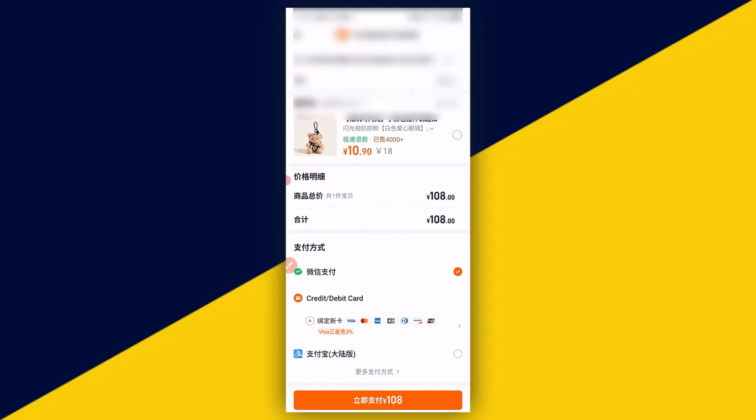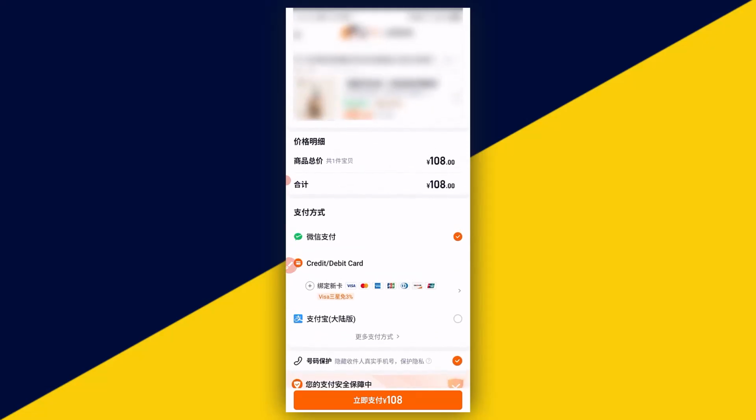Just like so. So from the checkout right here, you find out that some of the feasible payment methods here are WeChat, MasterCard or debit card, and likewise Alipay. However, a lot of people find it difficult to have access to a WeChat wallet. However, if you do not have these options of WeChat wallet and your credit or debit card was rejected and you do not have Alipay, there is a new payment method on Taobao right now that allows you to use